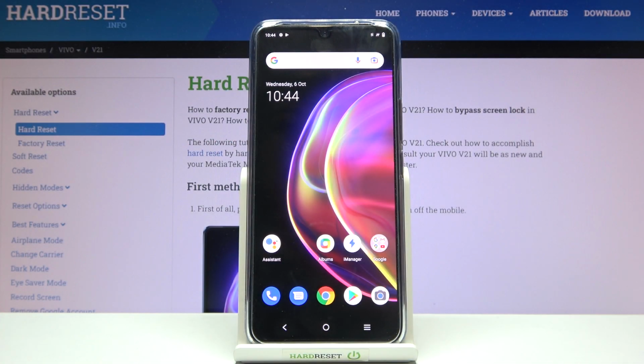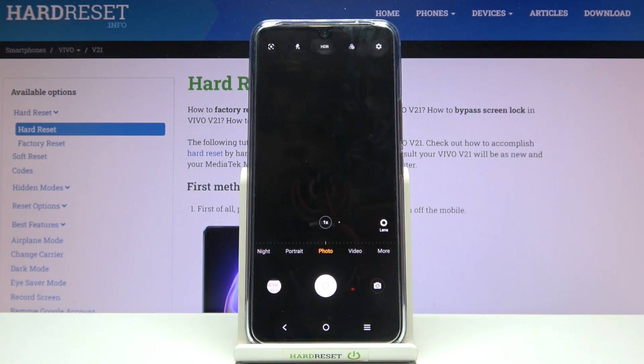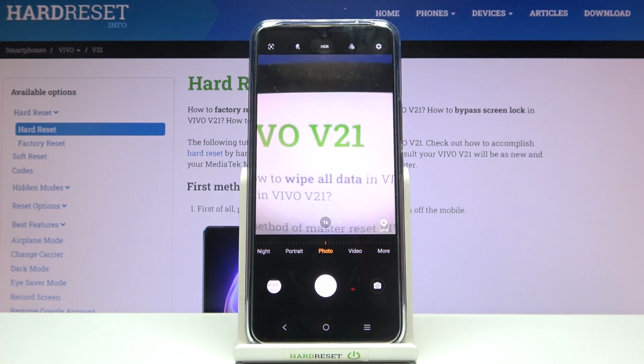Welcome, here I've got Vivo V21 5G and I'm going to show you how to turn on and off the camera location tags on this device. So let's start by tapping on the camera button to open it, and for now we are on standard photo